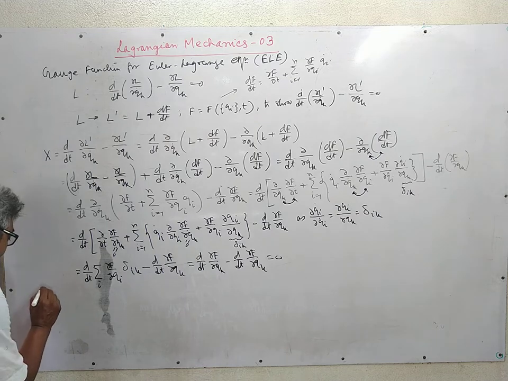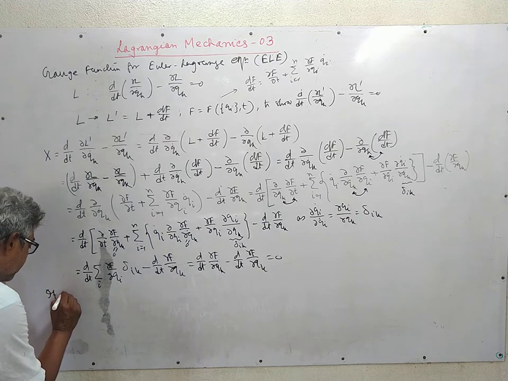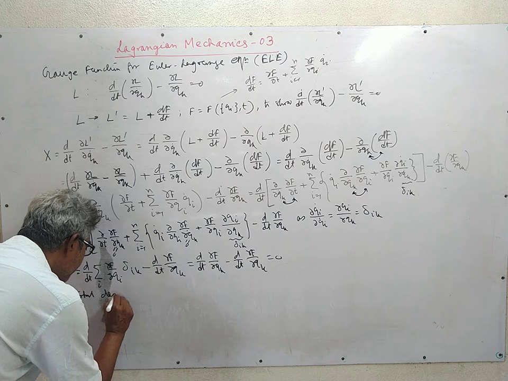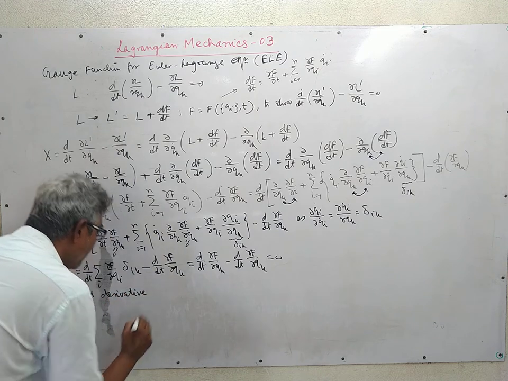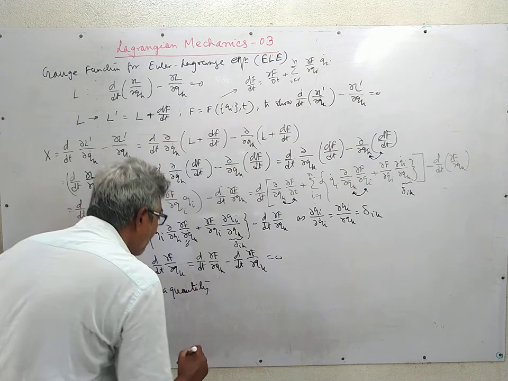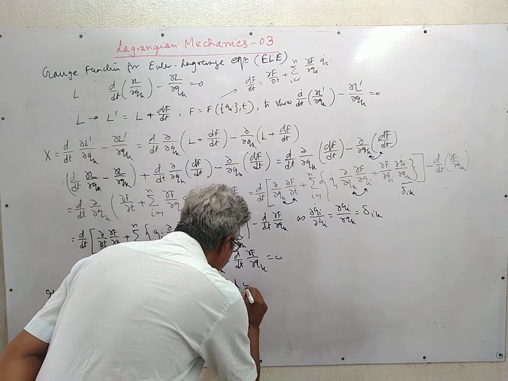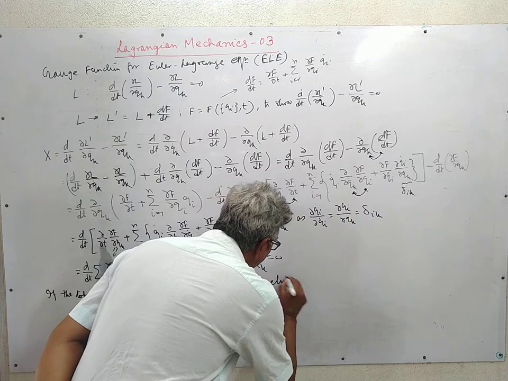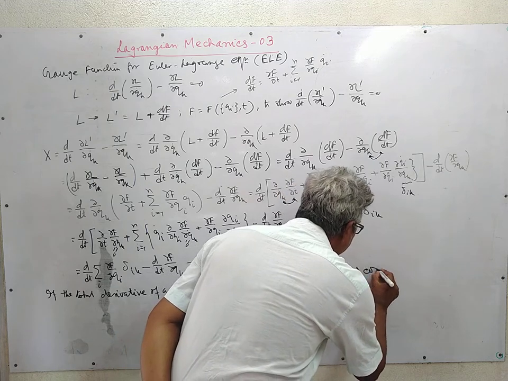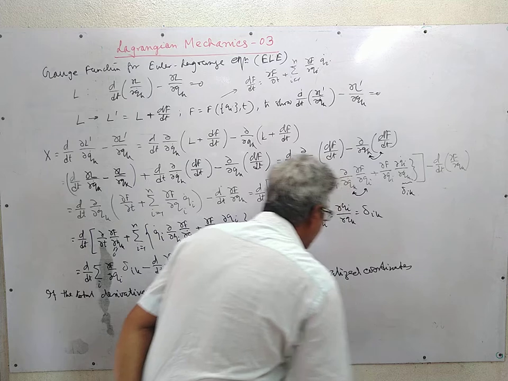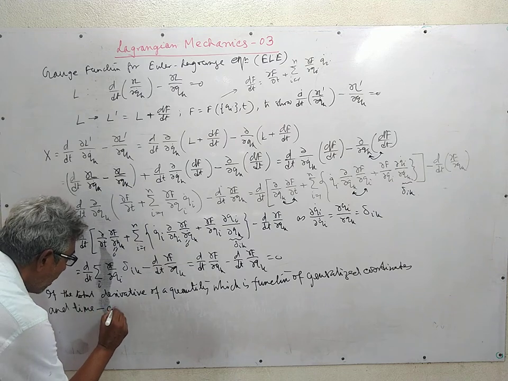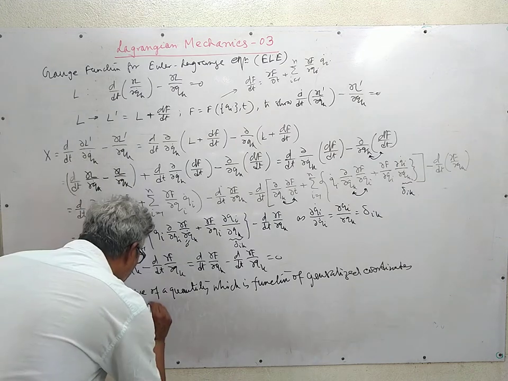So if the total derivative of a quantity which is a function of generalized coordinates and time, called the gauge function f, called the gauge function,